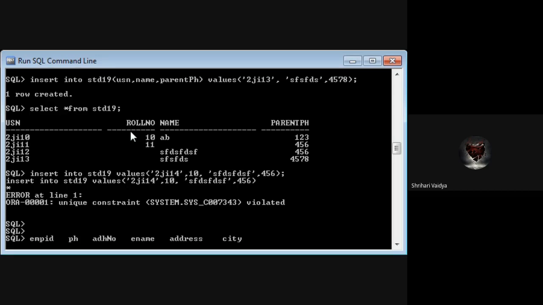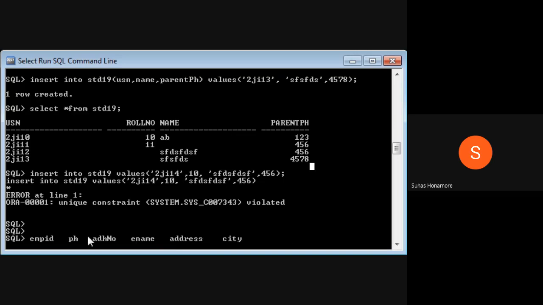Address also. Okay, but from one family 2 members can join the same company, so we will not consider address. Brothers and sisters both can join the same company, and at that time the address will be the same. City also will be the same. The name also can repeat, the same name can be there. So these three are normally not unique.